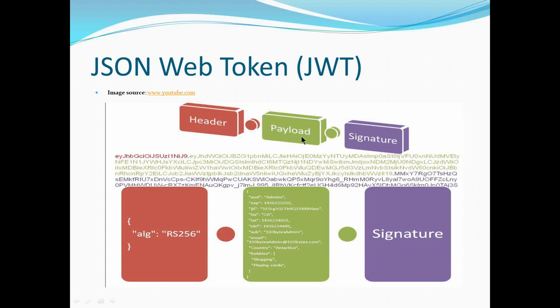Let me think a little bit, because sometimes it's a little bit confusing. The sender will use the private key to do the one-way hash to create a signature. And the receiver will use the public key of the sender to check the same string to see if they get the same value. This is hashing. So for hashing, you can plainly see the header and the payload, and they will not be encrypted. But if this thing is encrypted, you cannot see the content of the header and the payload,